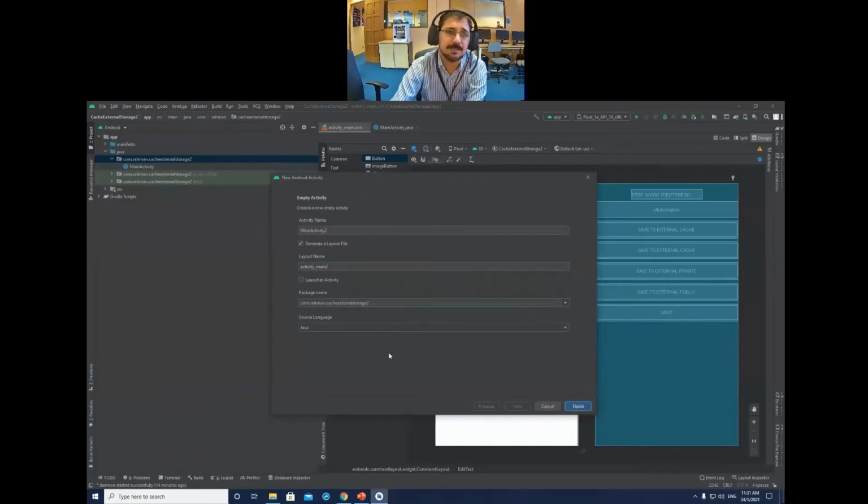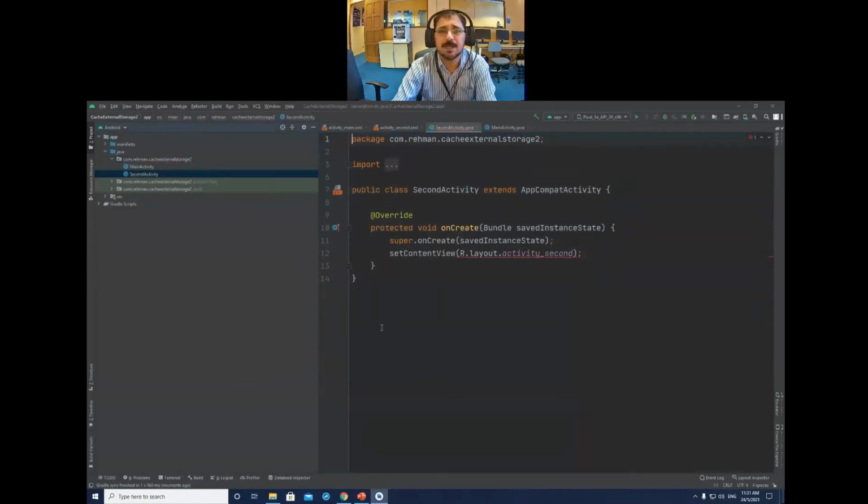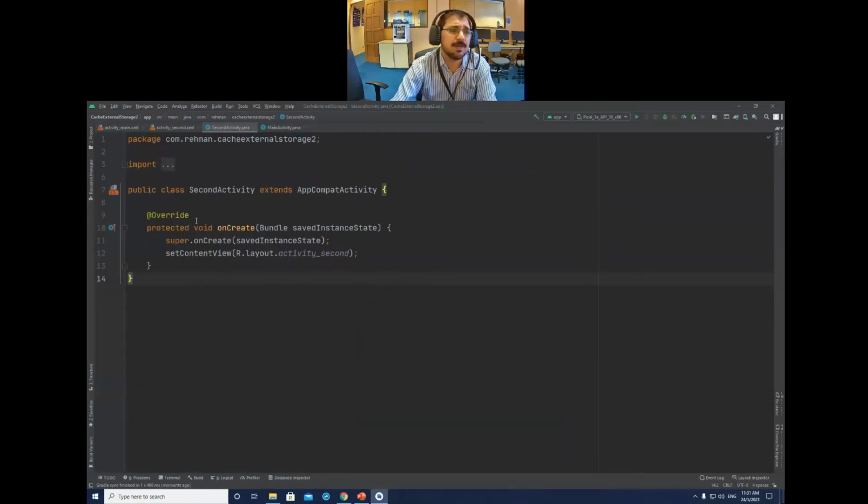Empty activity. You can give a name to this second activity, maybe second activity. Okay. Finish this one. Okay, let's close this project view.